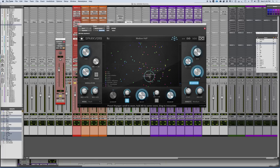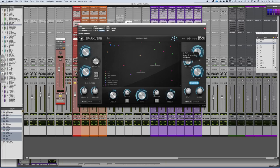So there's some really cool things here. Now if I scroll in here, if you have a trackpad, or a wheel on your mouse, you could say, what aspects of these different reverb things do I want here? And so I'm going to take this mix control and keep it 100% wet here. So let me just lock this into place. And now I can actually find...